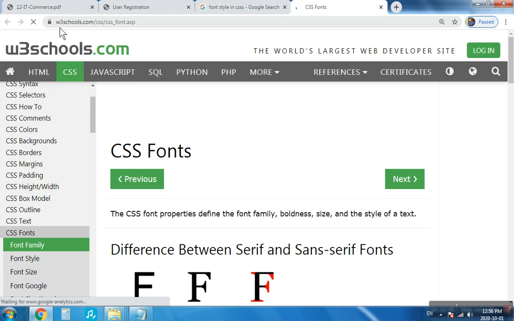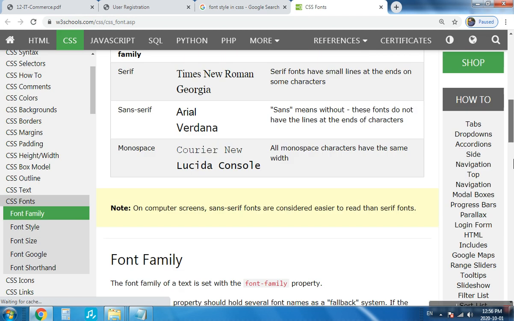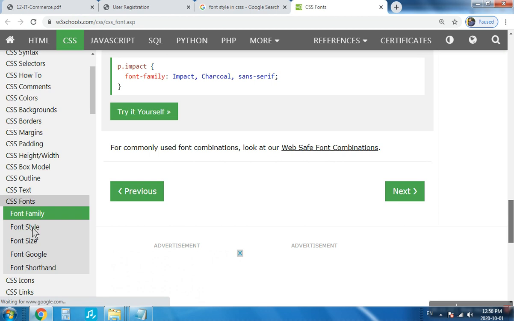They are the group that looks after web technology development. Whatever new technology or changes come in web technologies, they provide a tutorial on this website, that is w3schools.com. So I've gone to font-style.